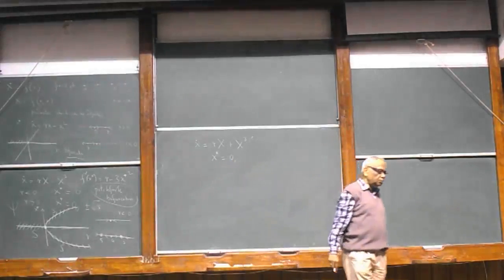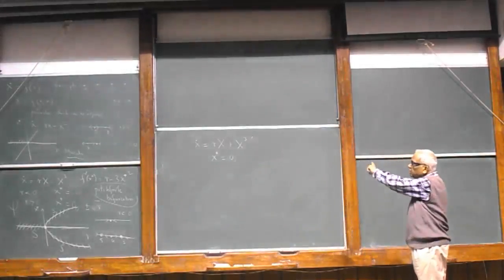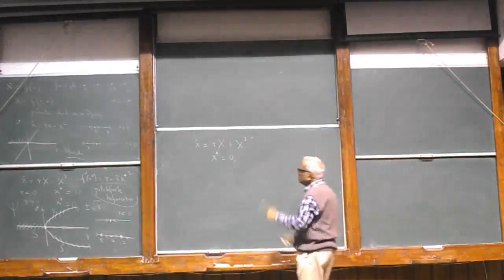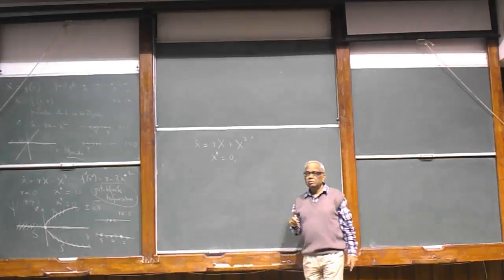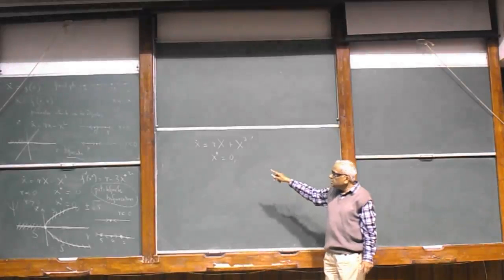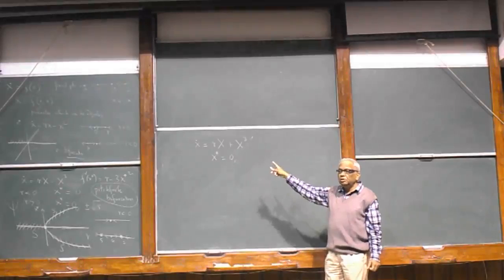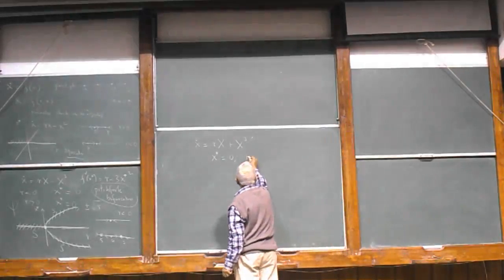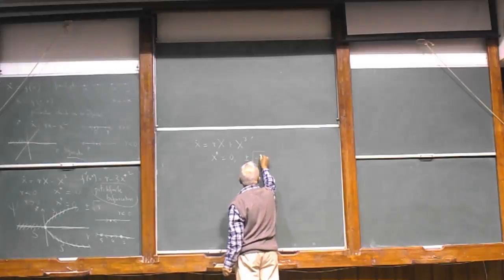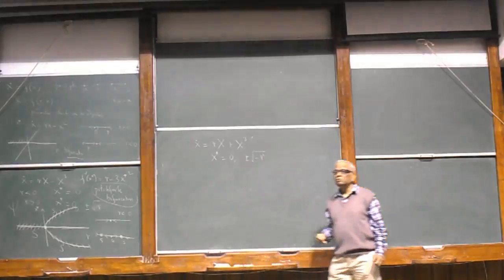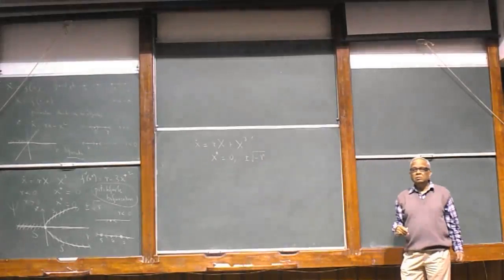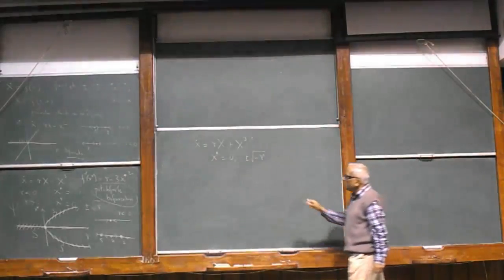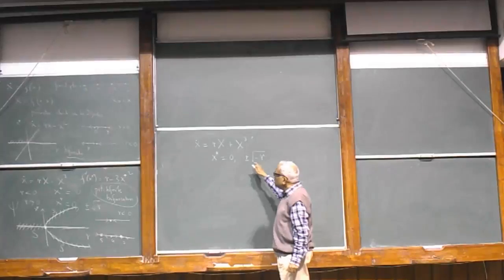That's always a fixed point. And now for r greater than 0, that's the only fixed point. But for r less than 0, there are two additional fixed points. The other two fixed points are plus minus square root of minus r. So for r less than 0, you have